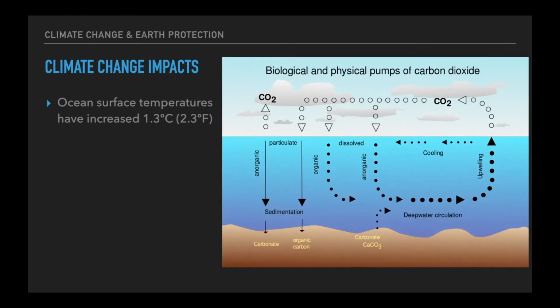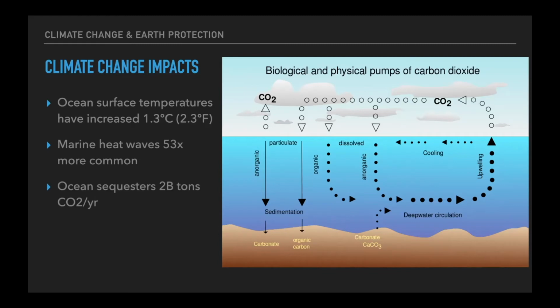So ocean surface temperatures have increased a little bit less than land temperatures. And marine heat waves that last 2 years are now 53 times more common. And it's 7 times more common to have a marine heat wave that lasts all year long. And so when we heat up the entire ocean, which is a staggering volume, we end up disrupting this cycle of CO2 sequestration that typically helps us out. So every year, the ocean sequesters on its own, with nobody helping it, about 2 billion tons of carbon dioxide. That's a great offset. It's amazing.